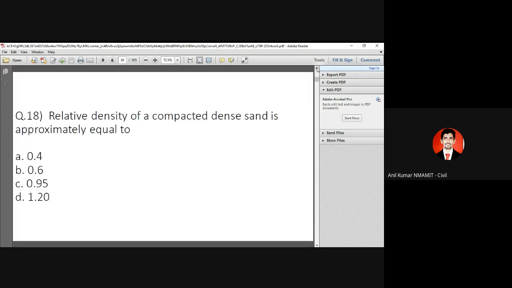Okay, more than 85%. I told you relative density of a compacted dense sand is approximately equal to more than 85% is what we call it as a dense sand, right? So therefore we can have the value as 0.95 for the dense sand, as given in the problem. So the answer is 0.95. Relative density of a compacted dense sand. In the table we had different values for loose sand, something less than 35%. Like that, for the dense sand the value should be greater, not more than 100%. Maximum can be 100%. Therefore the value can be taken as 0.95 as the answer.